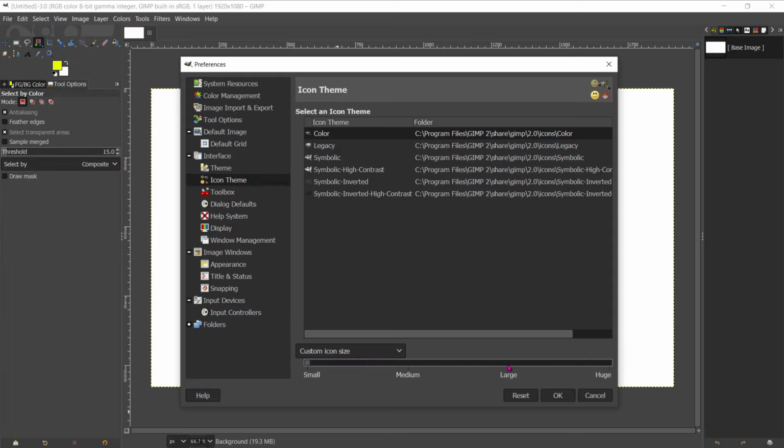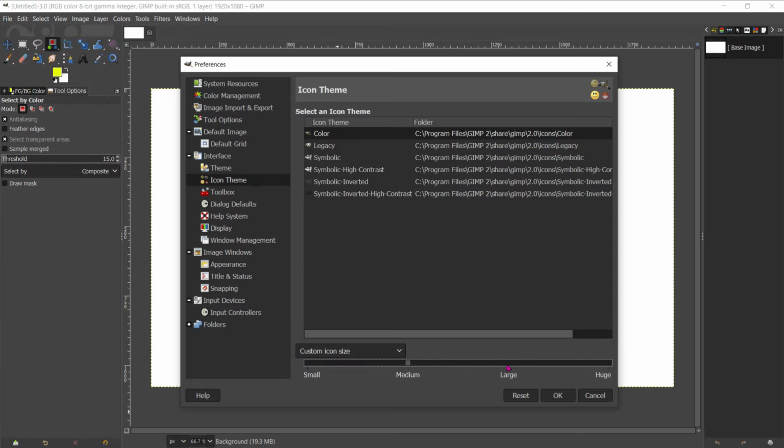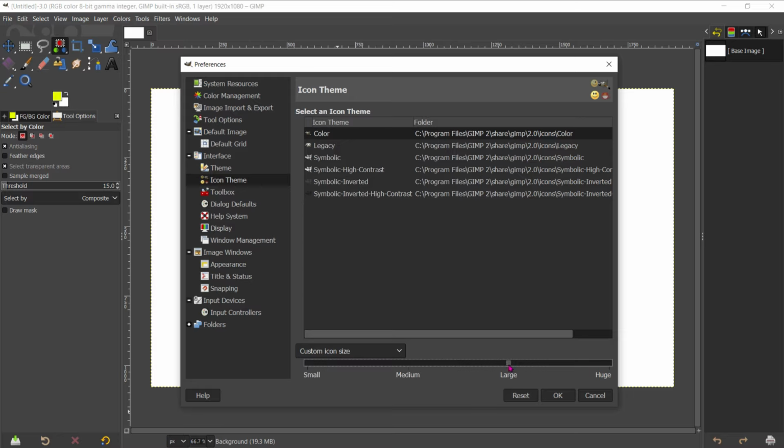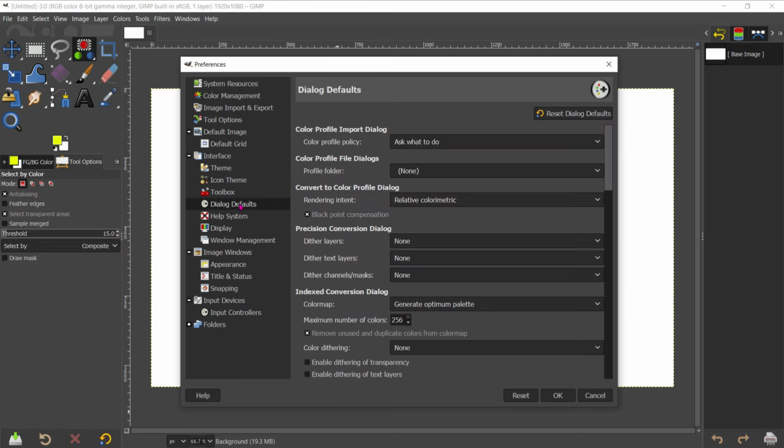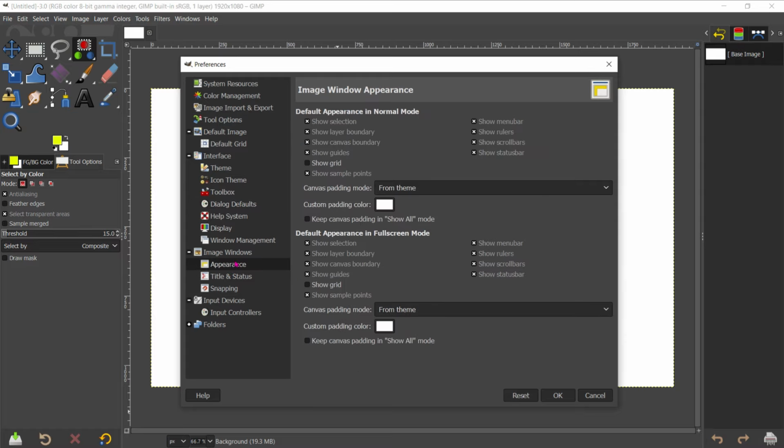As per your choice you can select from here. For training or tutorial purposes I am using the large one, so that viewers can see which tools I am using, or which tool I am referring to. And then we have dialog defaults, and I'm not changing anything here at this moment.